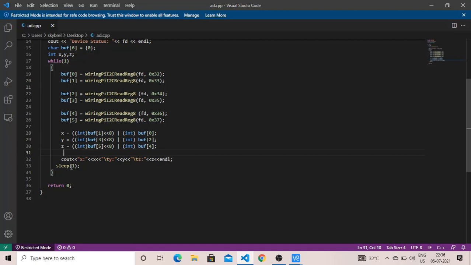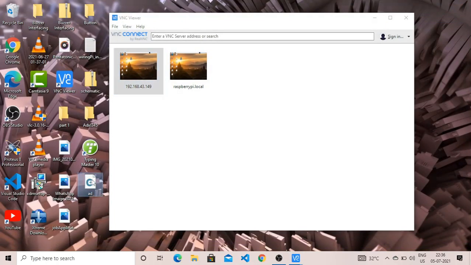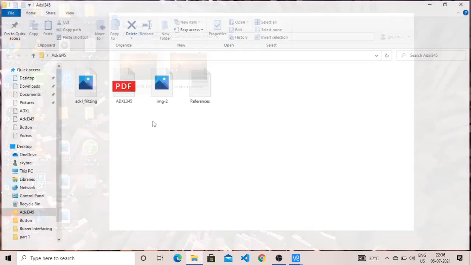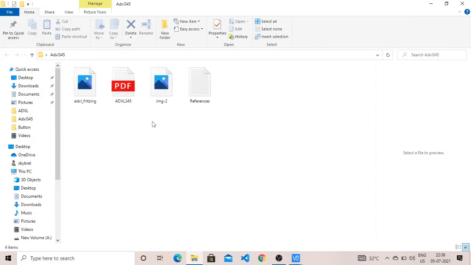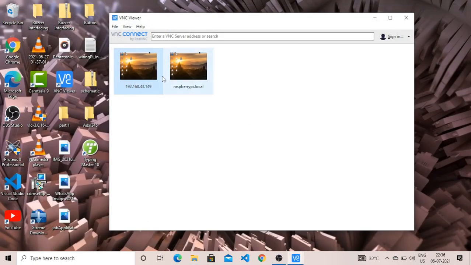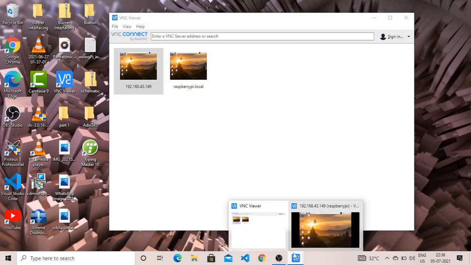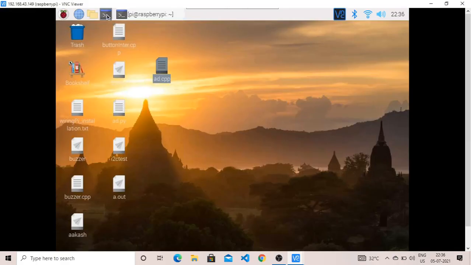Okay, so just save this file. Now suppose this file is inside a folder, so I just cut the file and paste it inside this folder. You will get this .cpp file. First of all you have to import this file.